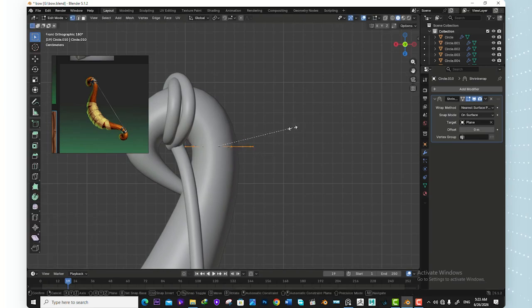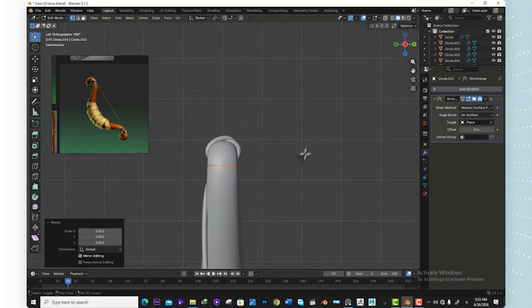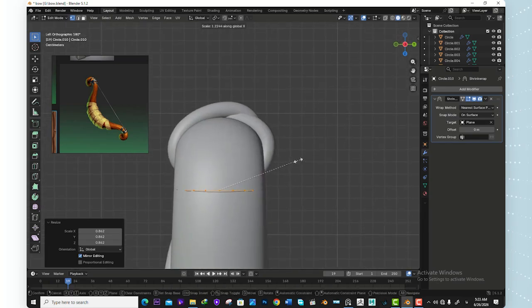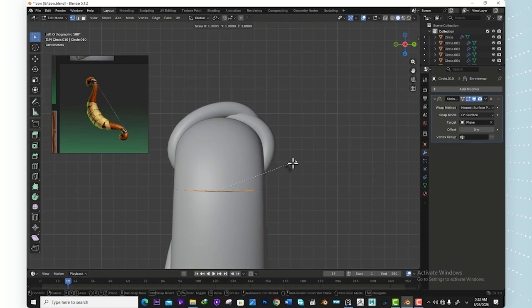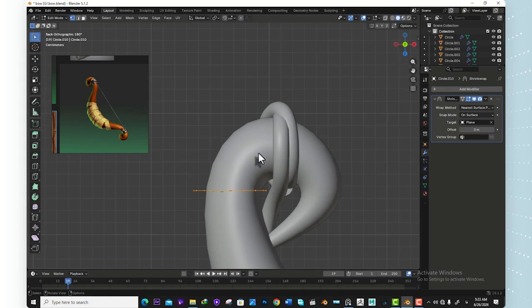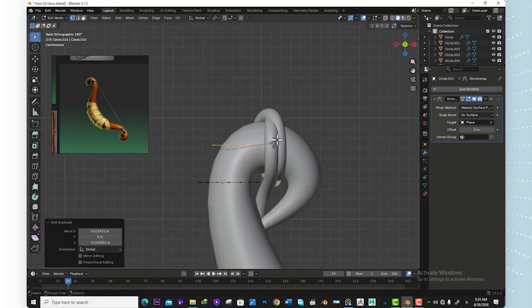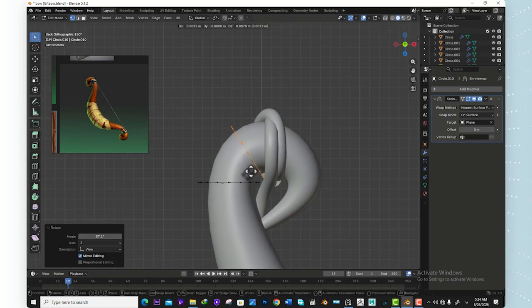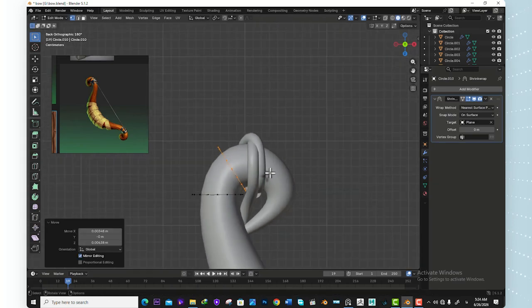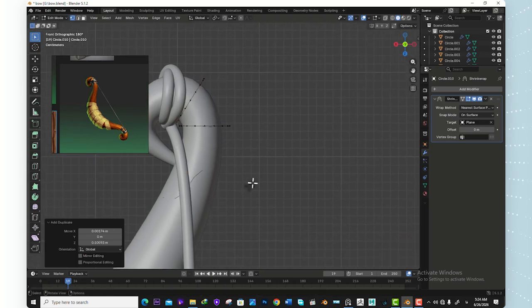I will search it, but in Persian we call it zeh kaman, the rope of the bow. Yeah, the main rope of the bow that we put the arrow on. So add a shrink wrap modifier and get a good position and silhouette for it, and then we will convert it to, I think, yeah, we will convert it to,